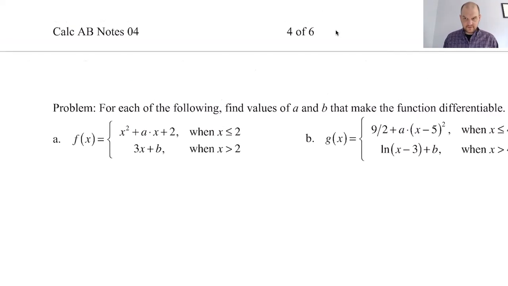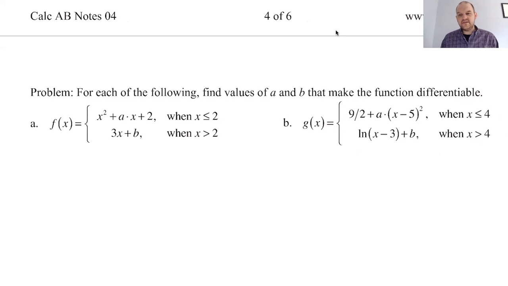For each of the following, find values of a and b that make the function differentiable. Okay, so let's think. Differentiability implies continuity. So to make something differentiable, we also definitely need to make it continuous, because otherwise you run